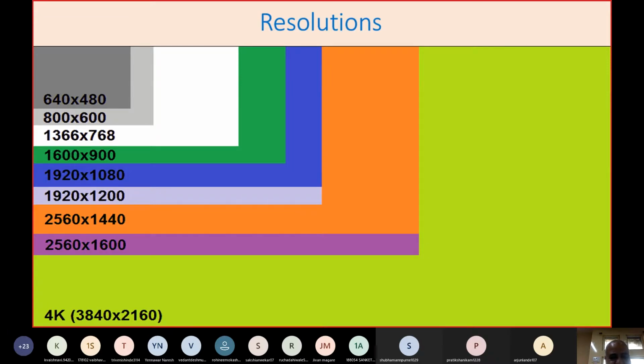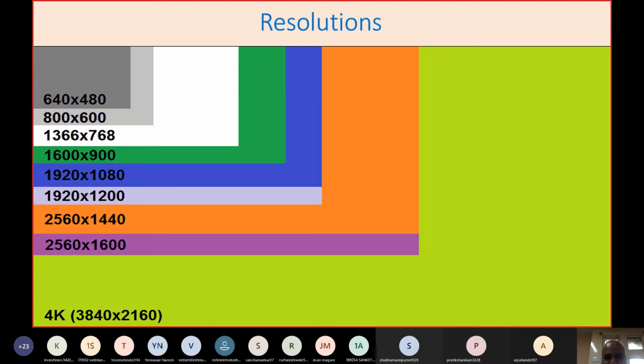This is called high definition resolution, which is capable of giving a very good picture with an aspect ratio of 16:9. We'll go later on to this aspect ratio. But if you want a still better picture quality, you can go vertically, and the number of pixels is increased further, that is 1920 by 1200. Then later on, two more enhancements in XGA, that is 2560 by 1440 and 2560 by 1600. The upper limit for any XGA resolution is 2560 by 1600.